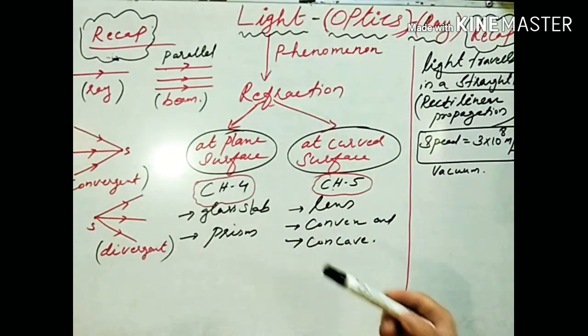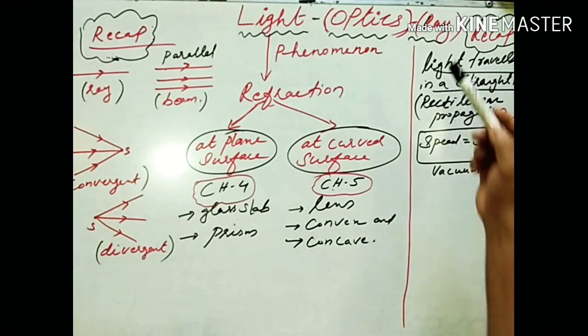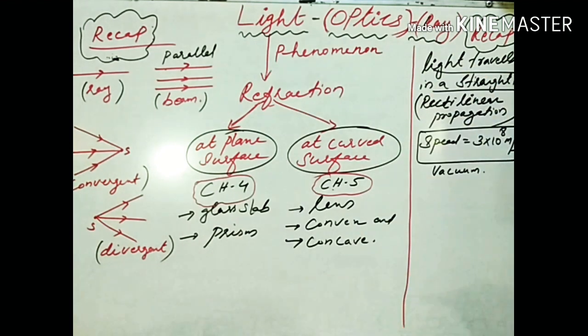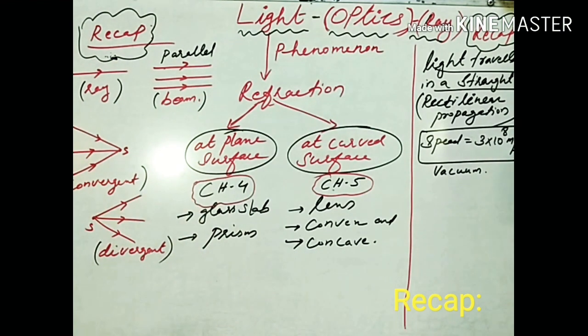So we are studying the basics of optics, so very important for the higher classes, mainly ray optics, because we consider here light travels in the form of rays of light. So before we go into refraction, let's have a fast round recap about the basics of light. All right, so light is a form of energy. Light is a visible form of energy.